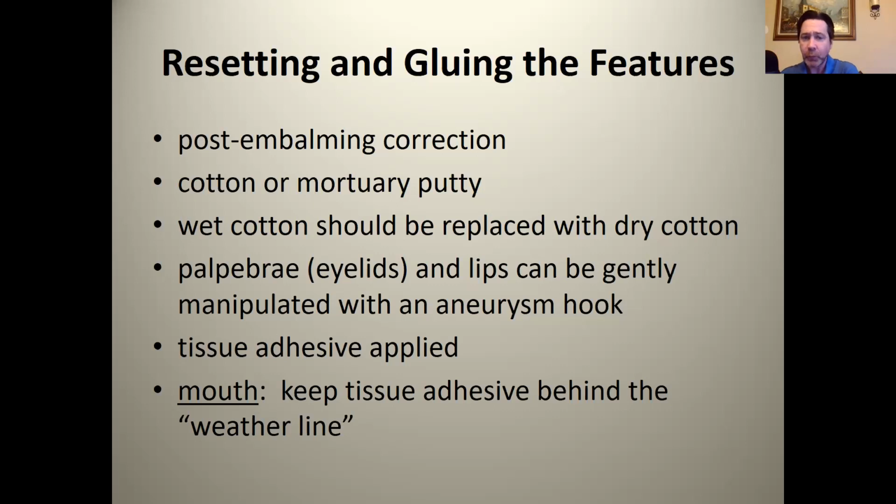Wet cotton should be replaced with dry cotton. If you have embalmed someone, and fill the whole mouth with cotton, get the features looking right, and you embalm them, they're purging, get them out of there and get